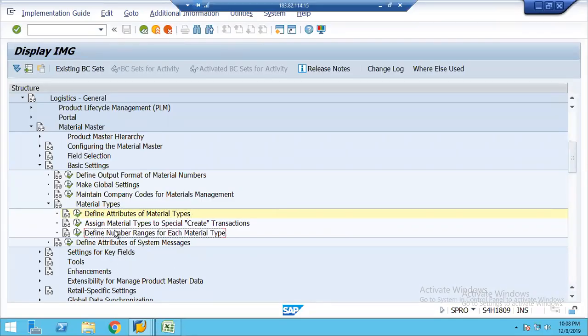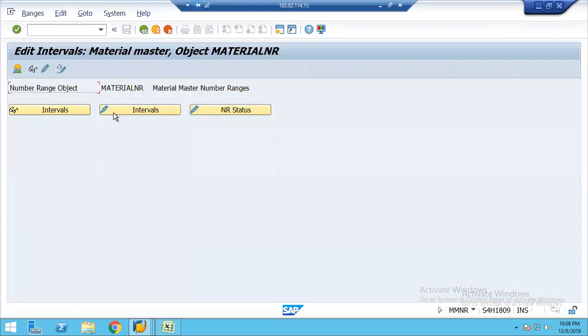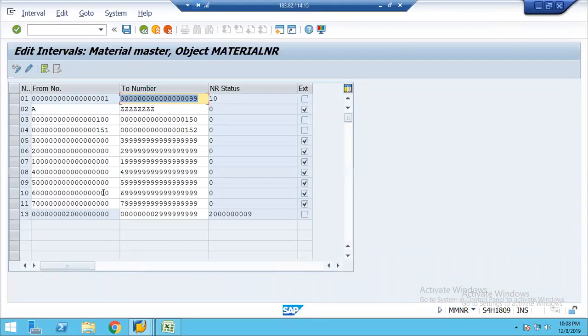Next is define number range for each material type. The path is the same thing, just execute. If you see over here, you have all numbers. You have all different numbers. Okay, then